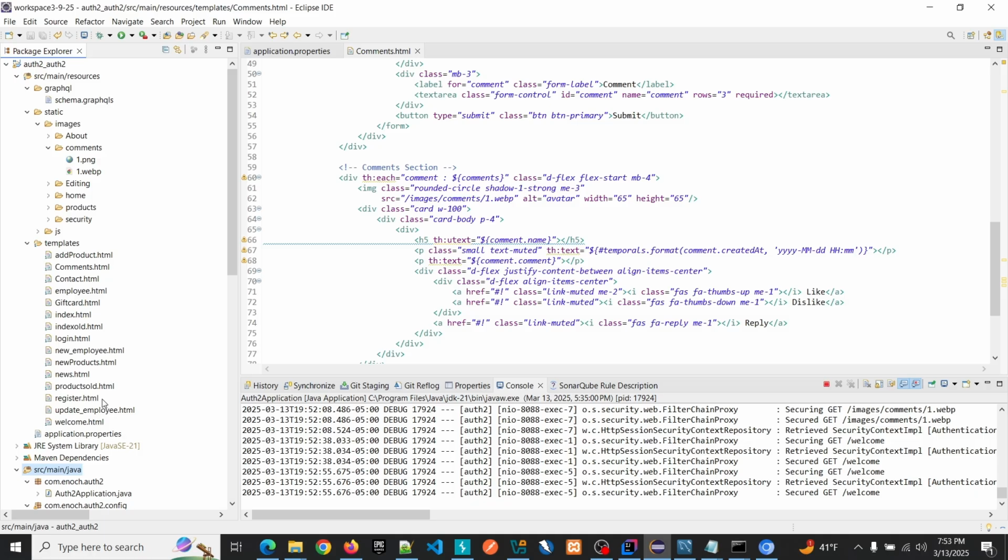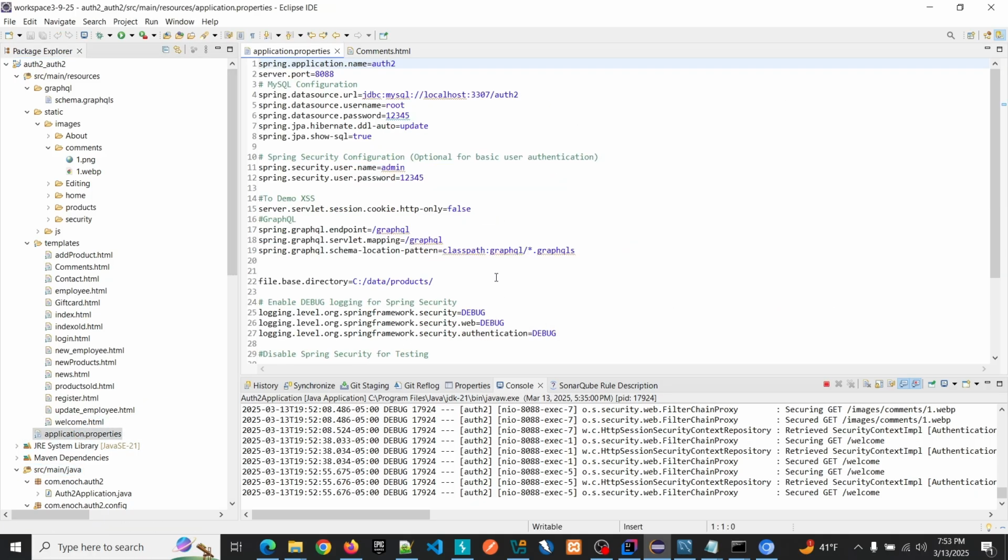That way we can demo this attack. If I go up here, I can show you the HttpOnly flag is turned off. I'm using the Spring Boot backend application. That's the reason why the JavaScript is able to read the value of the session cookie and send it over